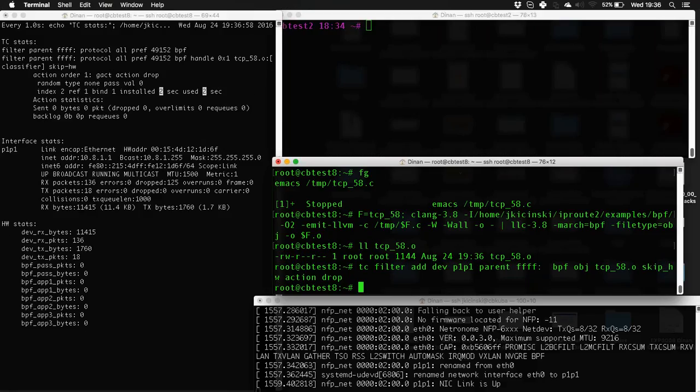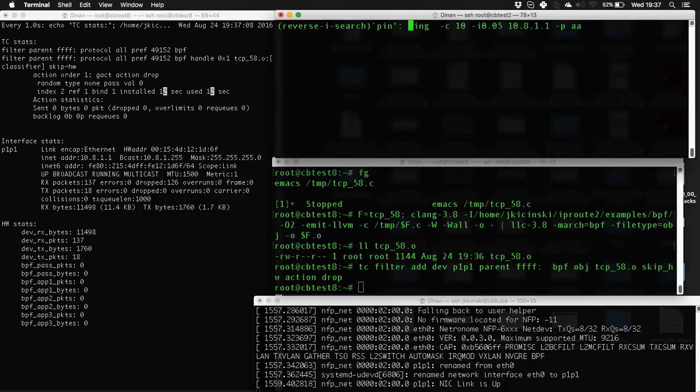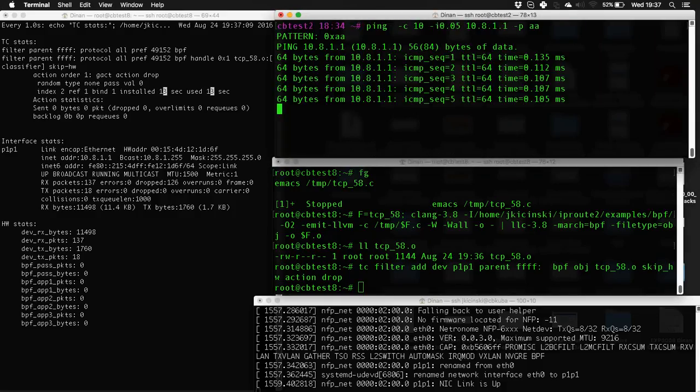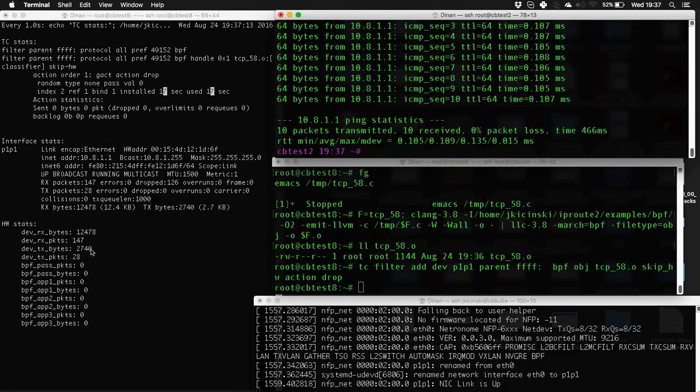We can see on the left-hand side the statistics got updated, and we have the TC filter statistics now in the first section. I can generate some traffic now, just perform a simple ping. We can see the statistics for the interface, receive and transmit, incrementing.